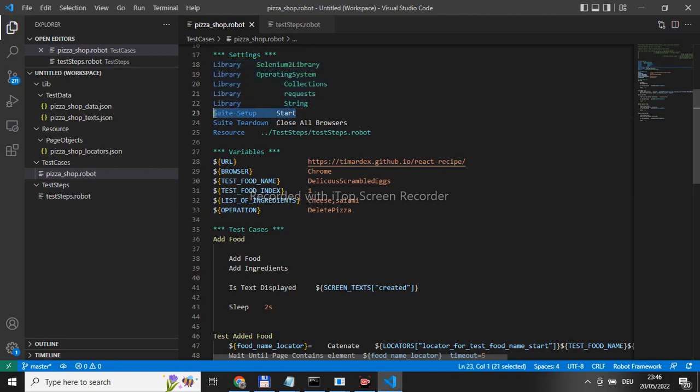We also declare what function should be executed at the beginning of every test case. Then we define what we would like to execute at the end of every test case. And this says resource and the robot file. It says that this whole file, this pizzashop.robot, should use test steps.robot here,